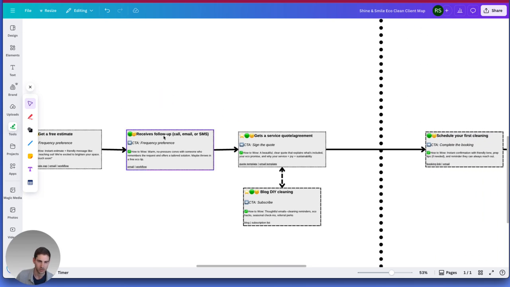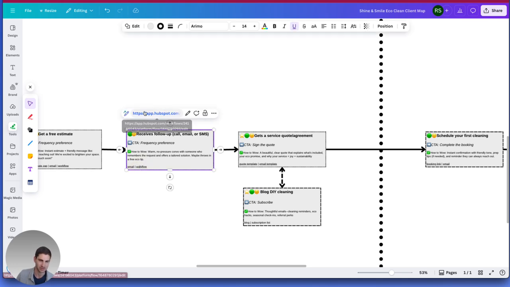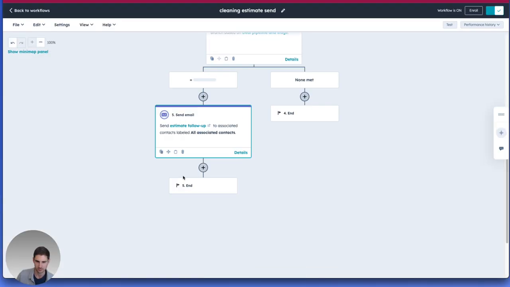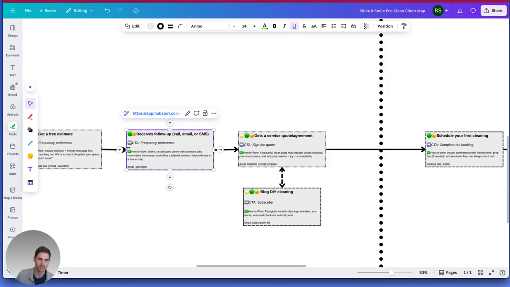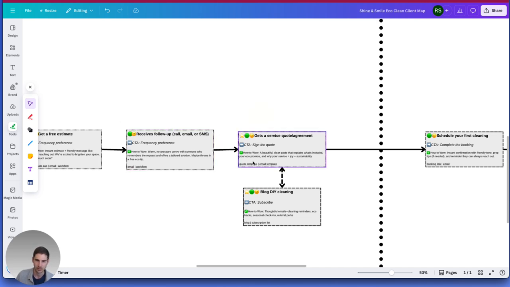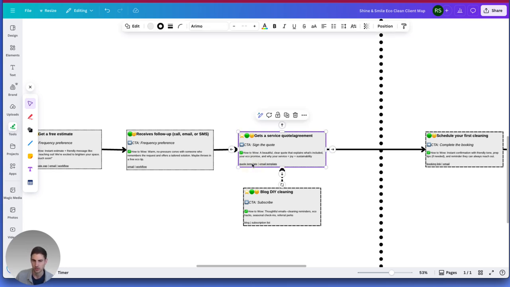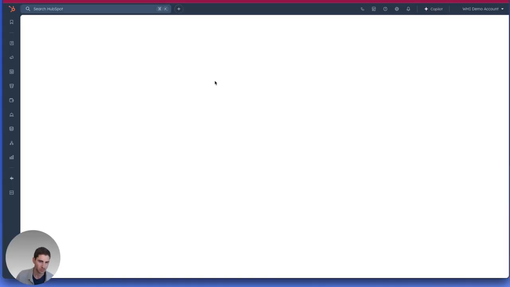Then we have our follow-up. So that's basically that follow-up path that we were just looking at. This is a link to that email, and then this is a link to the same workflow that we were just looking at. So there's that piece. And then the last piece of this video or this portion is the quote itself. So you have the ability to create quote templates, and then we're going to send that quote template with an email. So the quote template, if we hop into HubSpot,